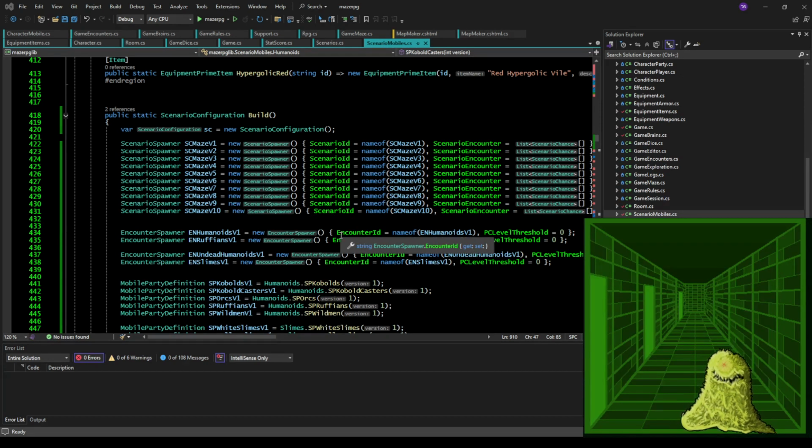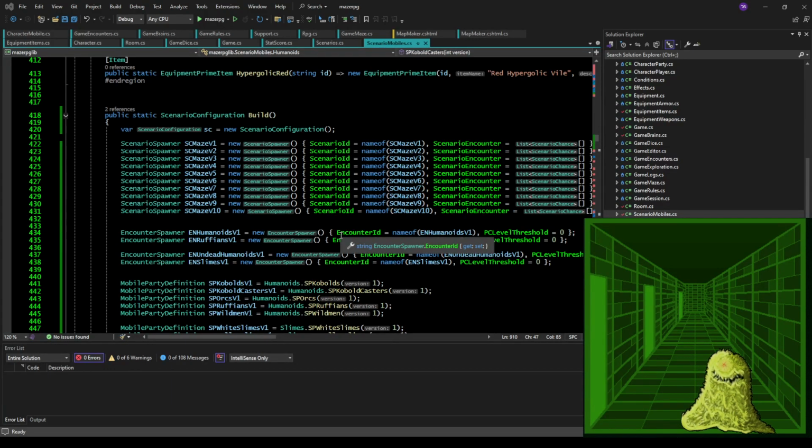The party is the smallest unit that is spawned. It's basically a collection of individuals of the monsters. It defines what its image looks like, and then it actually has the NPCs or the enemies themselves